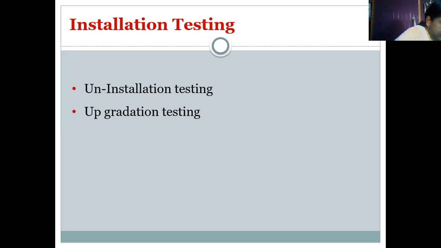And suppose for example you are trying to install the version 1.7, but already you are having version 1.9. Okay, so what will be the error message in that case? Whatever installation CD that you are having is the older version, and your system is already having the updated version for this particular software.